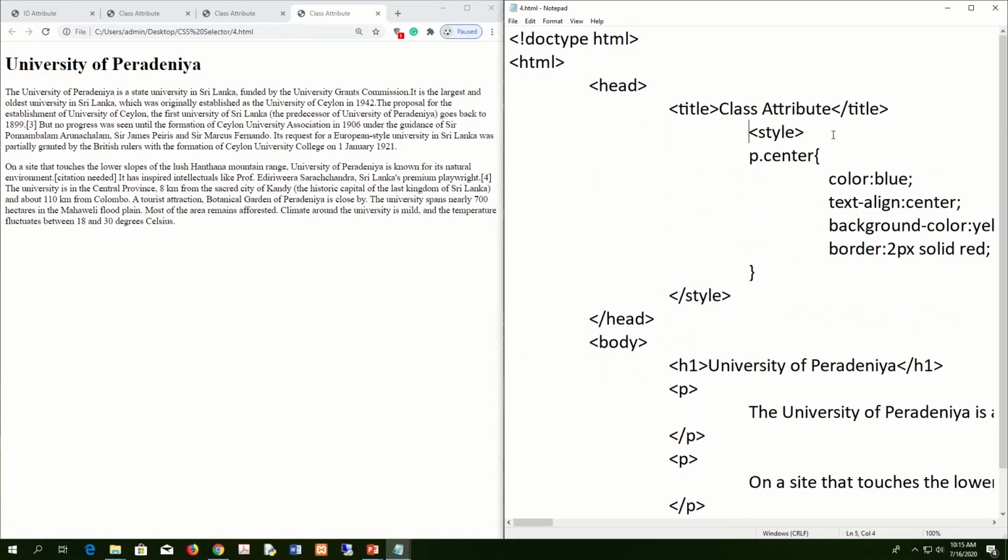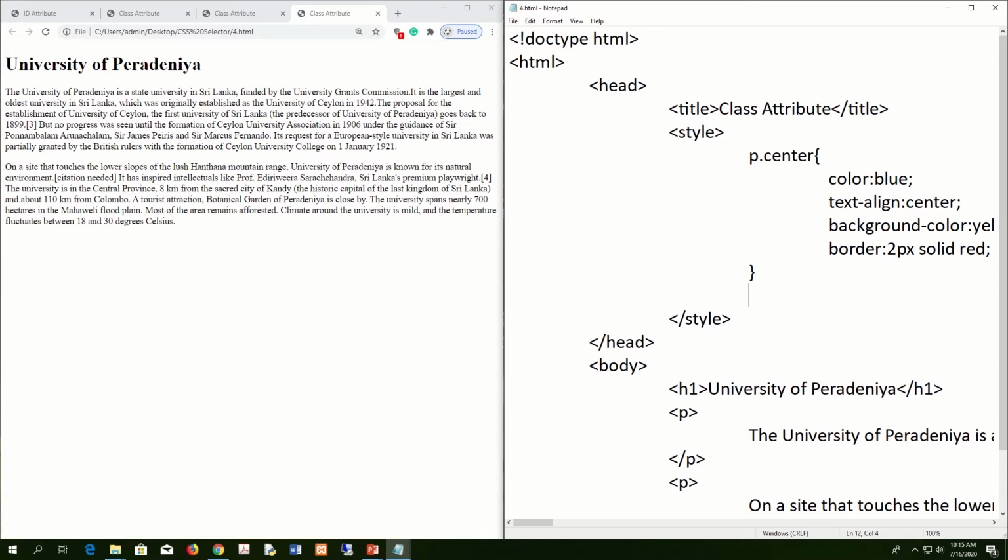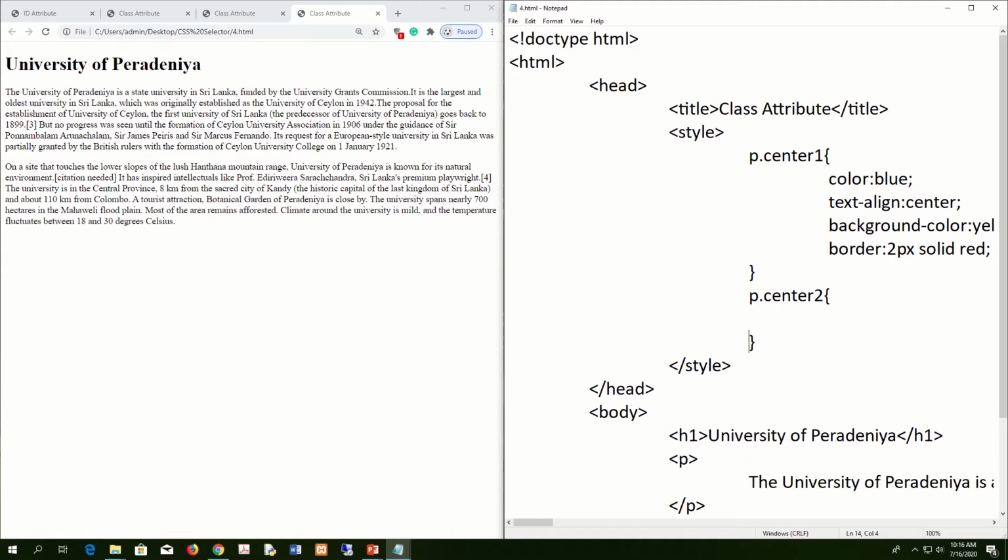So this is internal CSS. Now this is the center class. Then I define another class, p.center, let's say. This is center one, and the next one is center two. In the center 2 class, I define some additional CSS properties, say